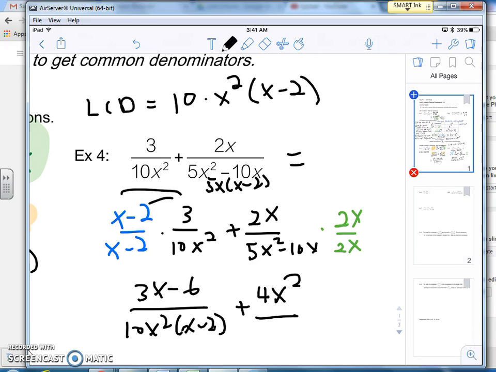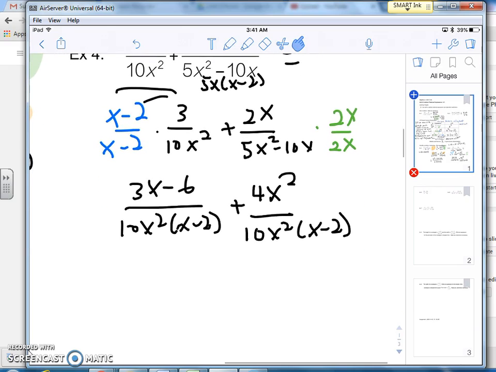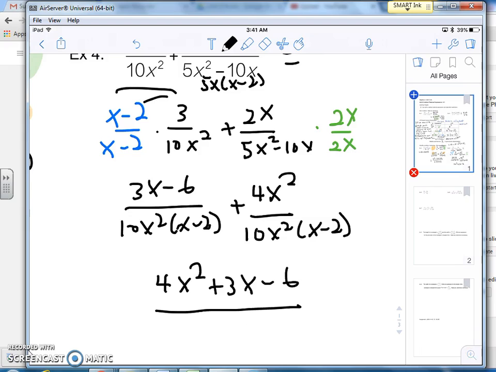And we know we're going to have the LCD, so we can go ahead and write this in factored form. 10x squared times the quantity x minus 2. Now I'm going to add my numerators. I get 4x squared plus 3x minus 6 all over